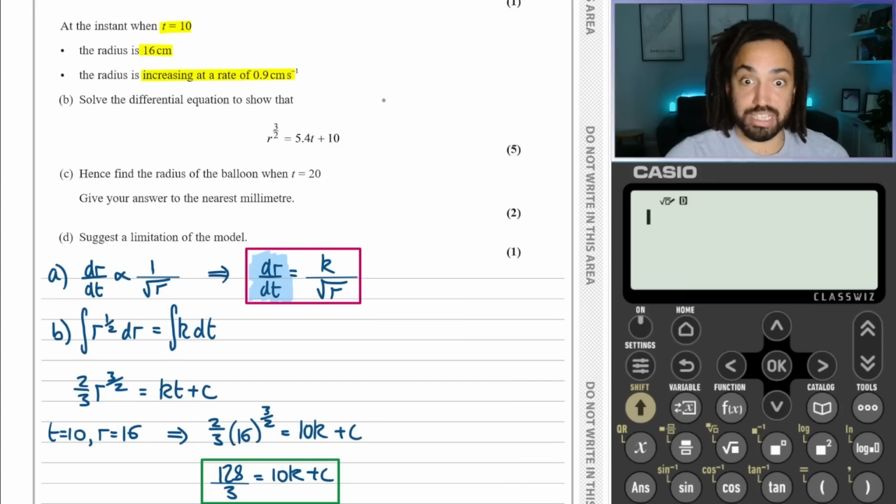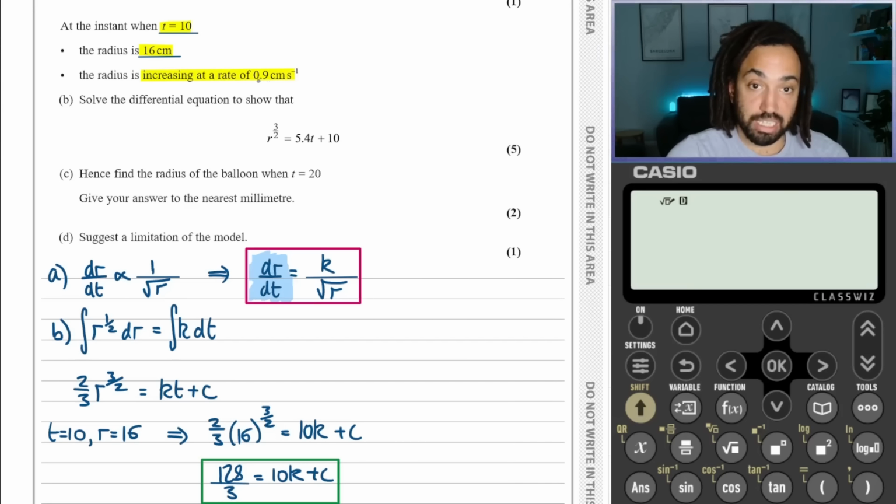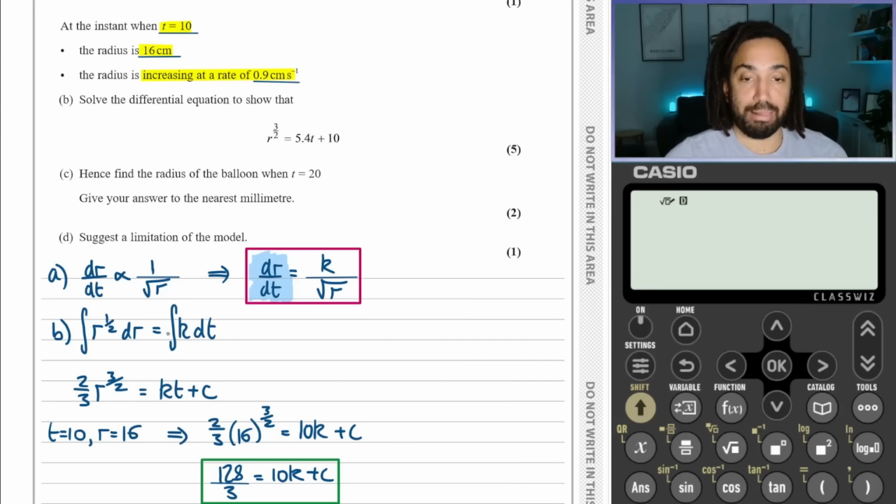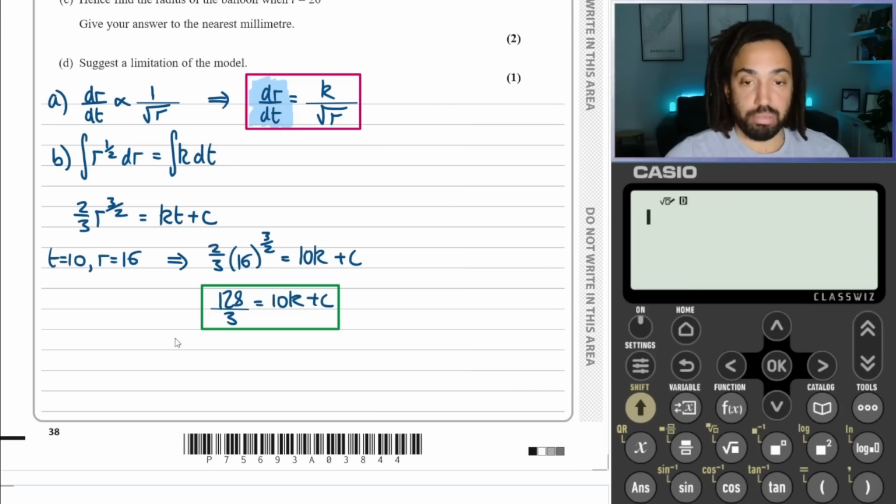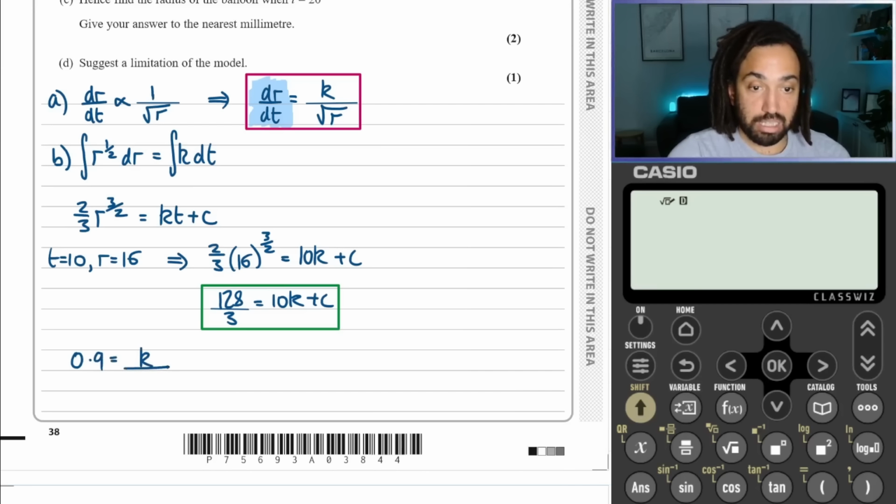So we're going to substitute into that formula in order to find k. The radius is increasing, and that is at when t is equal to 10 and when r is equal to 16. This is all happening. So r is 16 when the dr by dt is 0.9. So using the purple formula, the dr by dt is 0.9, and that happens when r is 16,